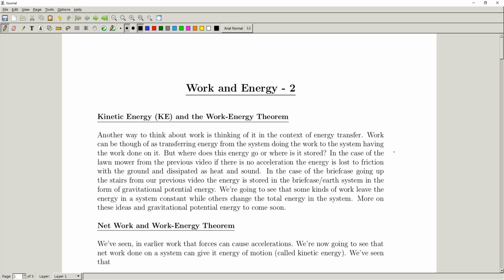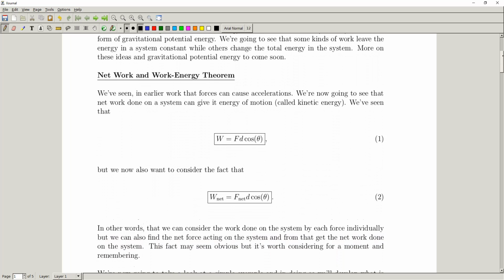Let's say we think of another example from our last video where we talked about the briefcase being carried up a flight of stairs. In that case, the energy is being stored in the briefcase-Earth system in the form of gravitational potential energy. And we're going to talk more about these ideas. First we're going to talk more about gravitational potential energy, and we're also going to talk more about this idea of storing energy in different systems, but we'll save that for a little bit later. For now, we're going to move on and